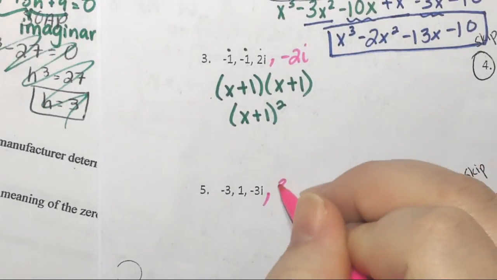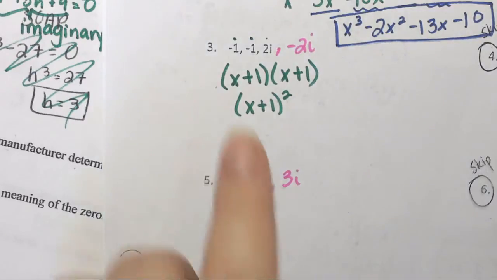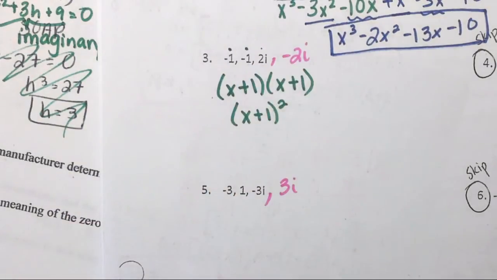Yes, 3 gets the point. We're going to add positive 3i. They always have both. You got to have the plus and the minus. It's a pain in the rear. So anytime you have imaginaries, you got to have the plus or minus. We've had the plus or minus this whole time. So yeah, they try to trick you by only putting the plus, but you need the minus as well, and